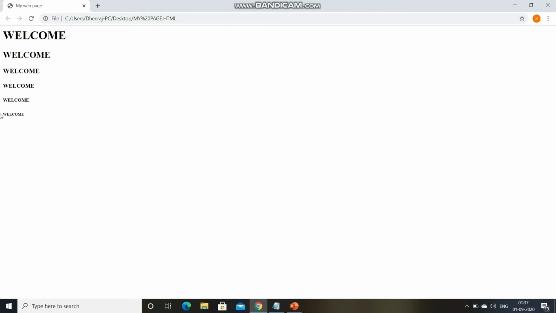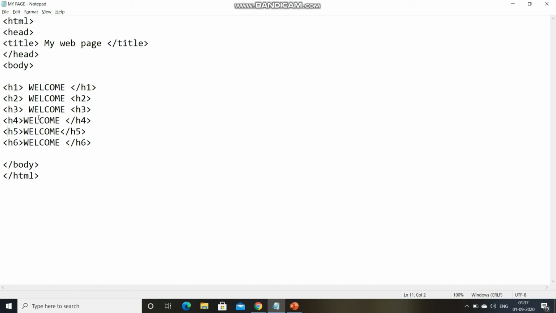Basically, HTML automatically displays each heading on a new line. For that, we don't have to use the BR tag for breaking the line. As you can see, this is showing on a new line.